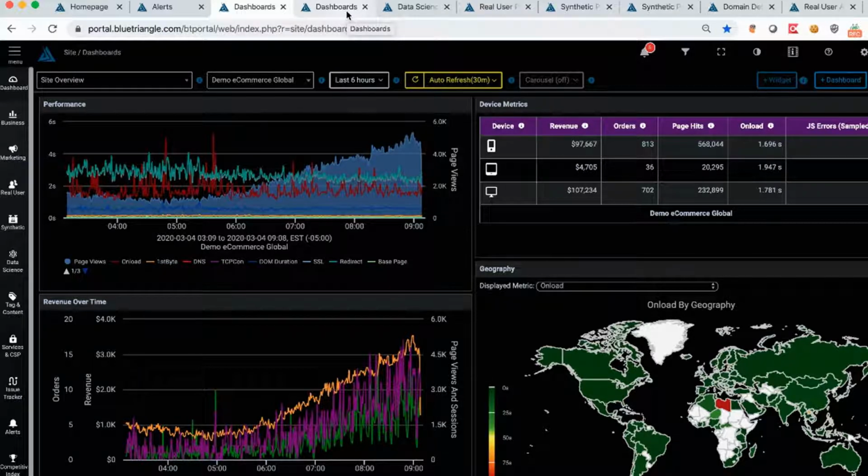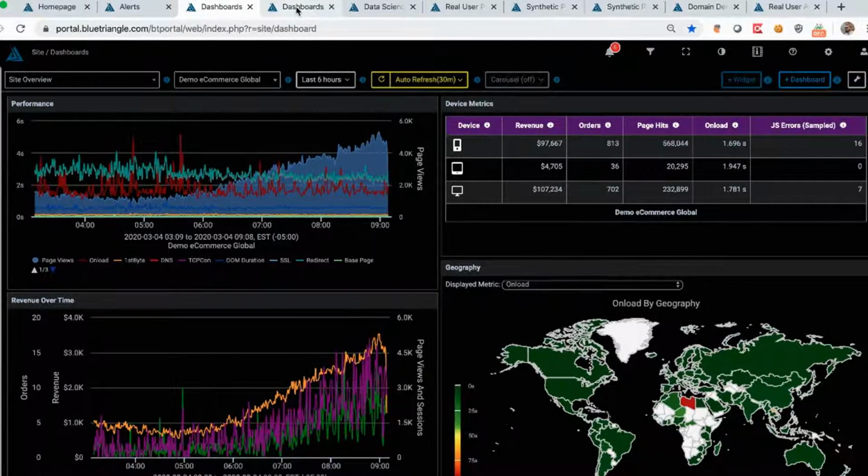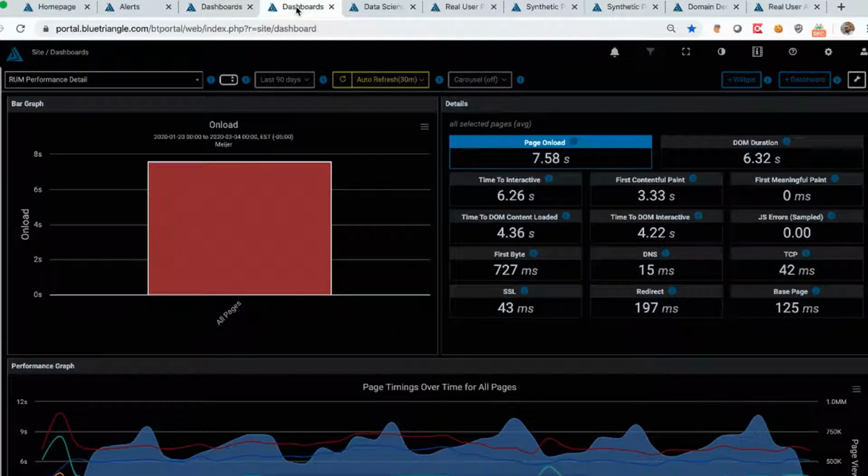Custom dashboards can look at any level of pages that you would like to monitor. They can even report on the slowest resources across the site or on your business critical pages. So please do investigate those custom dashboards as well. A couple of other performance related dashboards that you can use are our run performance and this synthetic performance detail